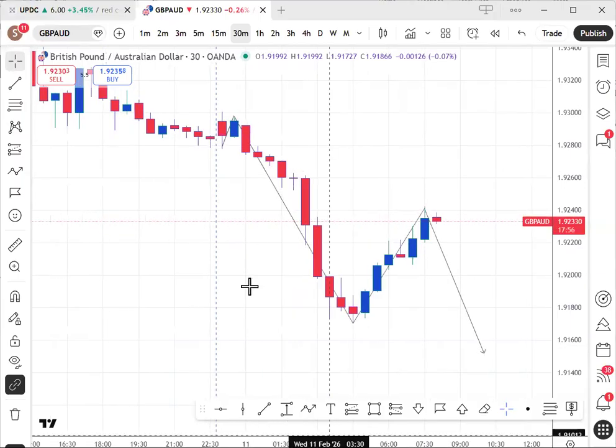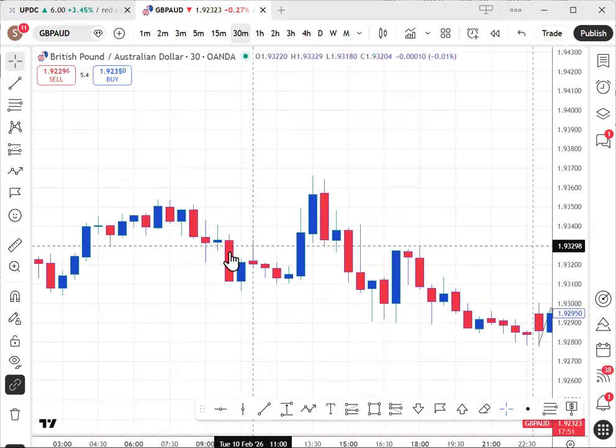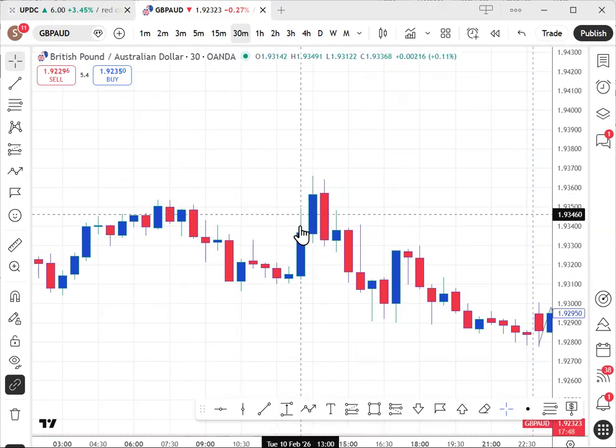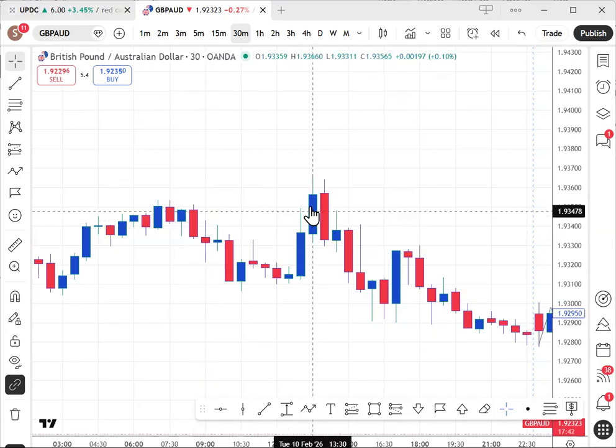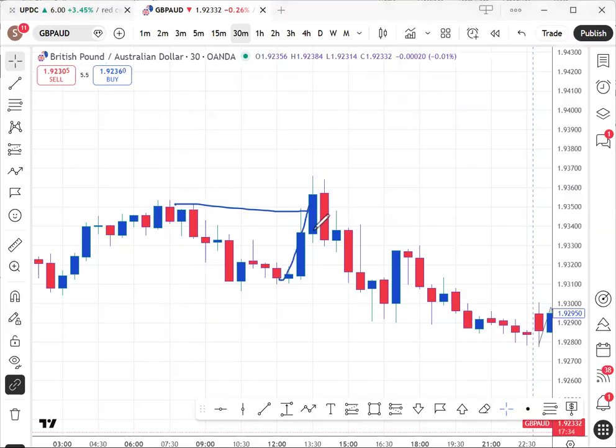In fact, just to show us that, because I remember this happening during our New York session yesterday. We saw, I think we were somewhere here. We saw this nice bullish candle here. Then we said, okay, actually, it was this second one too. We said, okay, price had done a break of structure there. So what do you expect? Once you see a break of structure, what do you expect? You expect price to pull back and continue going up, right? But what did price do? Look at it, it's giving you a heads up that perhaps this is a bearish engulfing candle. And if you are not convinced on that one, it gives you another one.